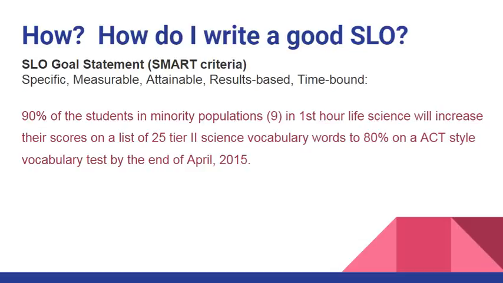means that it's specific. I have defined that it's going to be those 9 minority students in first hour life science. I have said that I'm looking at 90% of them reaching the goal. It's measurable because I know that I want them to achieve 80%, and I know right now that they're in the mid 30%. It's attainable because of my